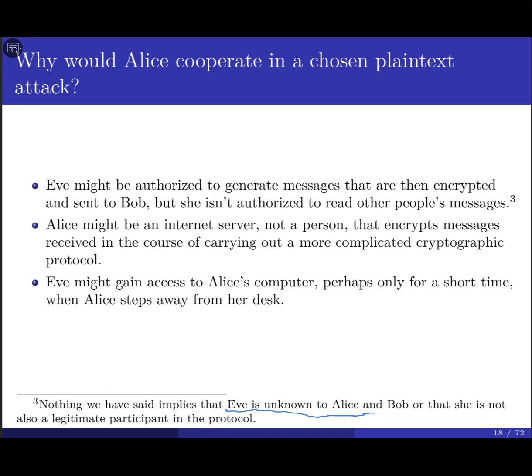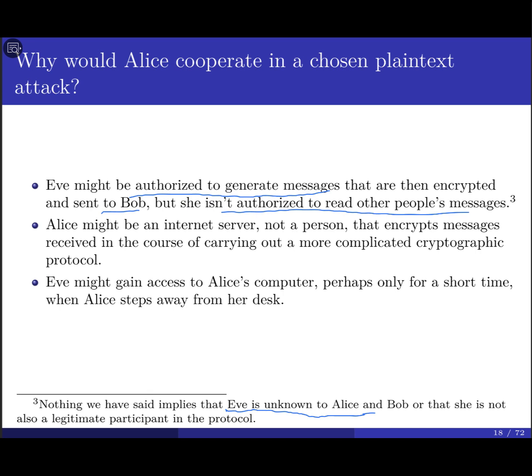Otherwise, if the system is not secure enough, maybe I could send the ciphertext C that I want to decrypt to the system, and hopefully the system would decrypt it for me. No, in this case, not. When you send something to the server, it must authenticate whether you are allowed to perform this operation or not. Who originated this message? Me. That's my message, then I can do it for you. So maybe Eve is authorized to generate a message, then encrypt it and send it to Bob, but is not authorized to read other people's messages. So she is still a legitimate user who can perform this operation within the system.